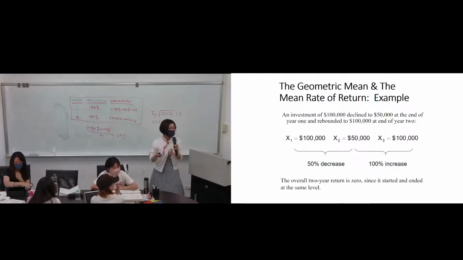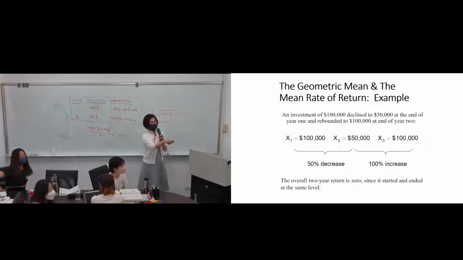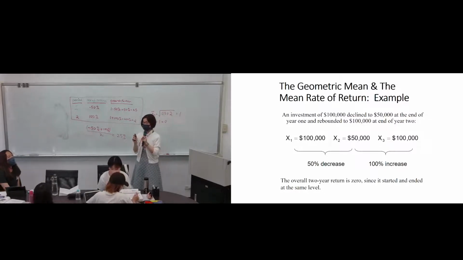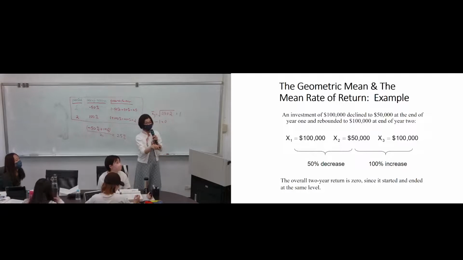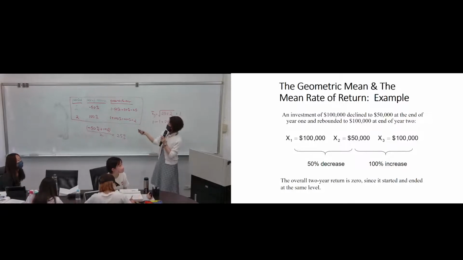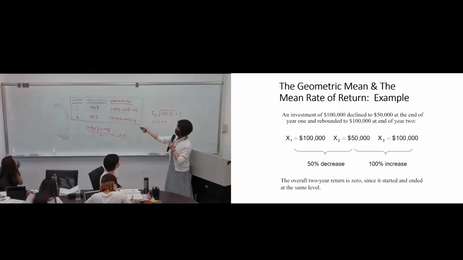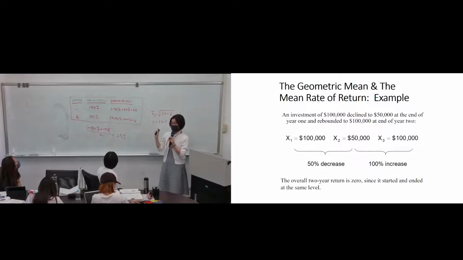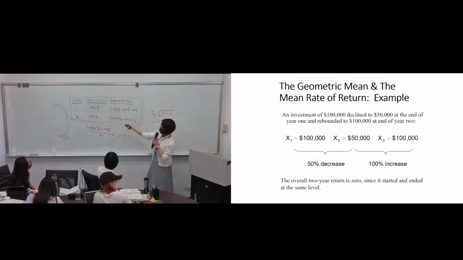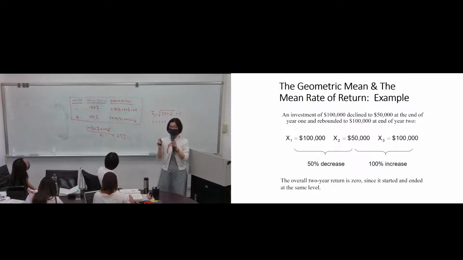So let's go back to the investment, to calculate the mean rate of return every year. I have invested for 2 periods. That's my investment period. But for each period, I have a different rate of return. If I do not calculate the geometric mean, I might think that for period 1, the rate of return